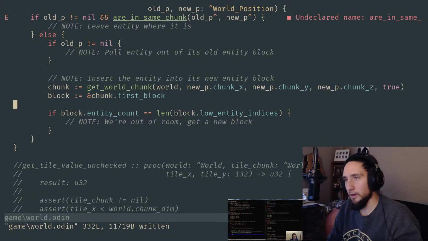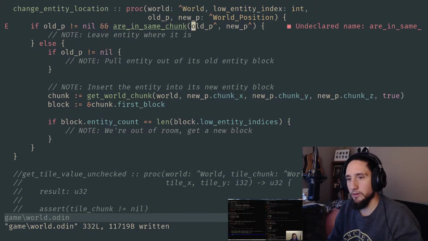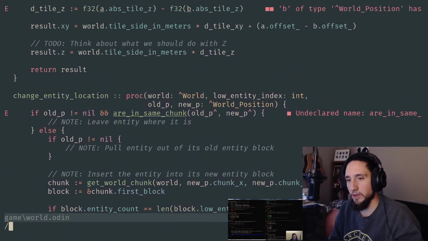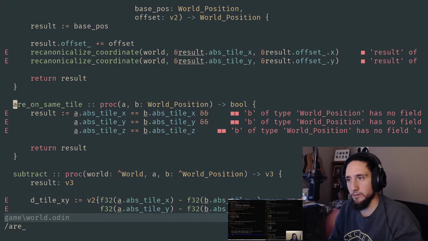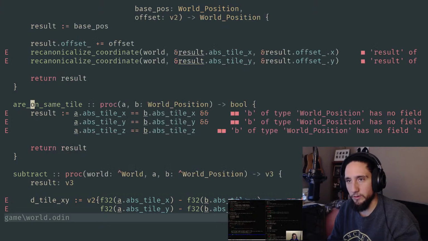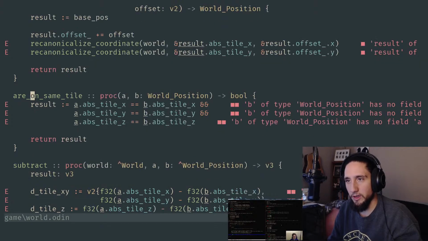So you also never changed anything. Like, you never went and added R in same chunk. I'm guessing it's because it's supposed to be R in same. This proc needs to be updated from R on same tile. Let me make sure we're not using that in a bunch of other places. It doesn't look like it. It looks like we were not using this anywhere else. And I think I saw him update that too,